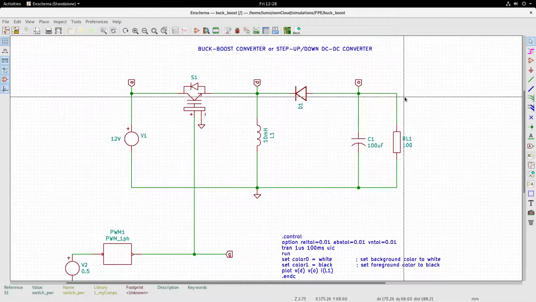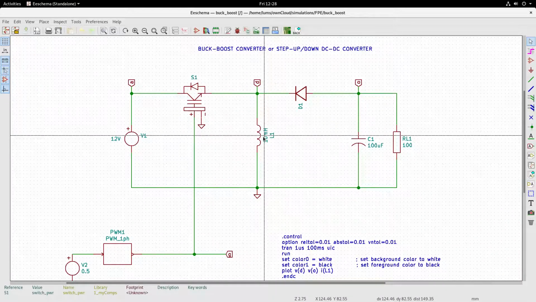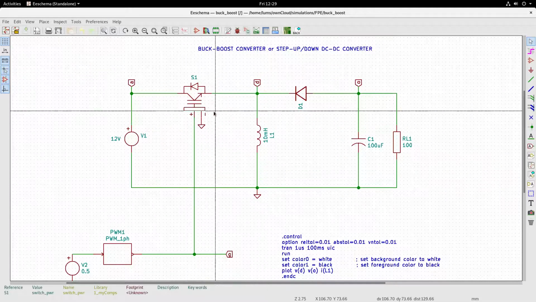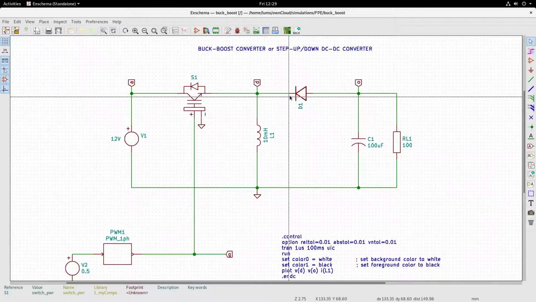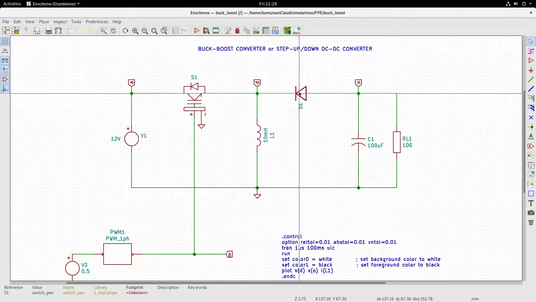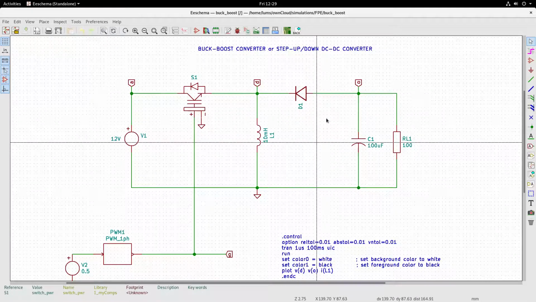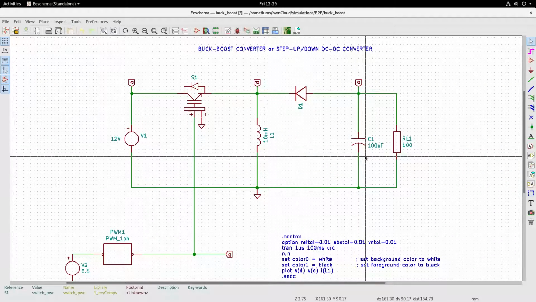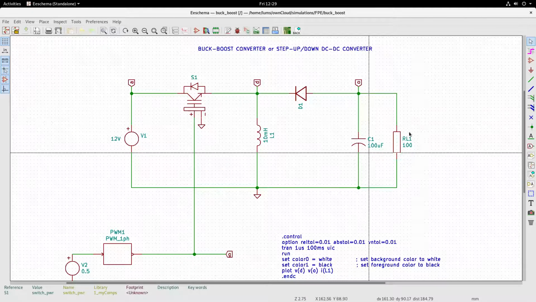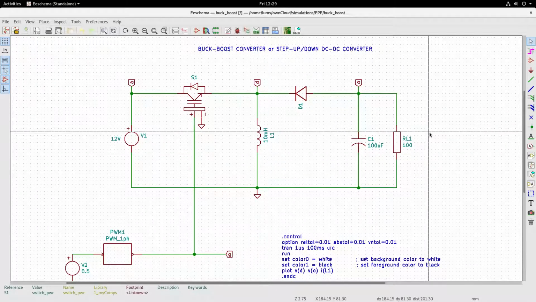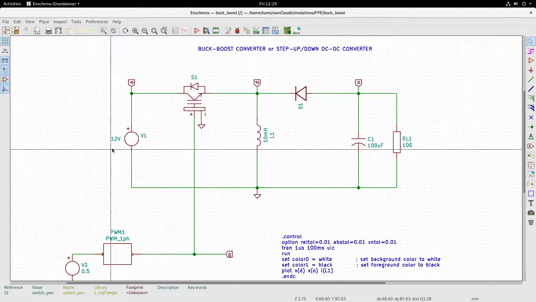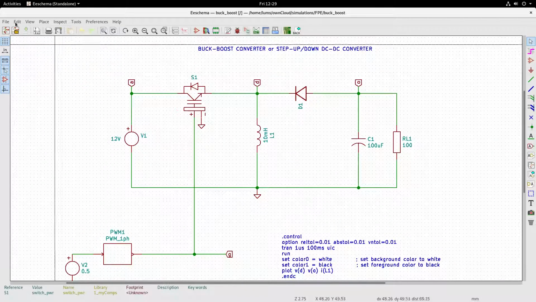What have we done here? Again, we have only repositioned the components. We have brought the inductor into the central portion. We have kept the switch on the input side, and the diode, look at the direction of the diode, is on the output side. Because of the direction of the diode, you will see the charging current flow like this, and the capacitor will be negatively charged and the output voltage will be negative. So let us see that. Nothing else am I going to change. I will leave it to you to make any changes, explore, and try to find out and learn about the buck boost converter circuit.